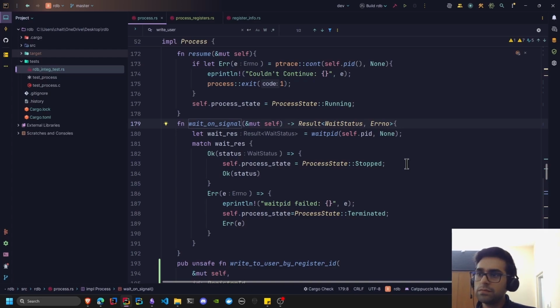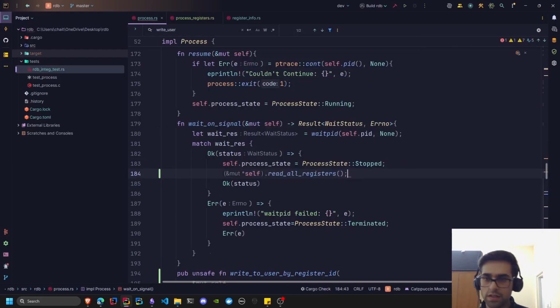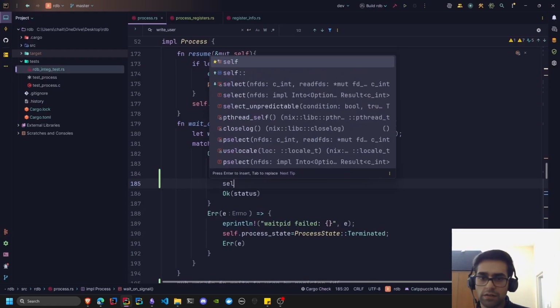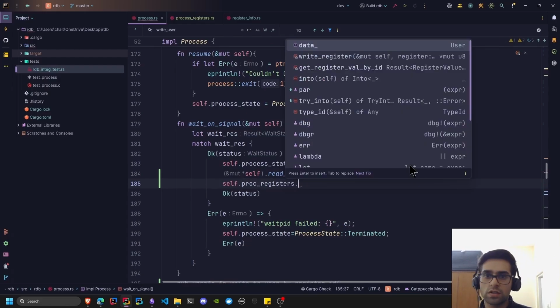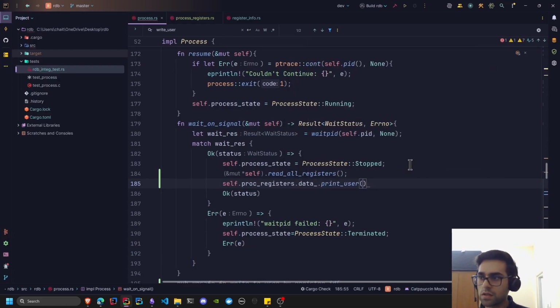So in this wait on signal, we get the wait result, status. We update the status. So let's call self dot read all registers right here, and then I created that function to print the registers, right? So proc registers dot data dot print user,